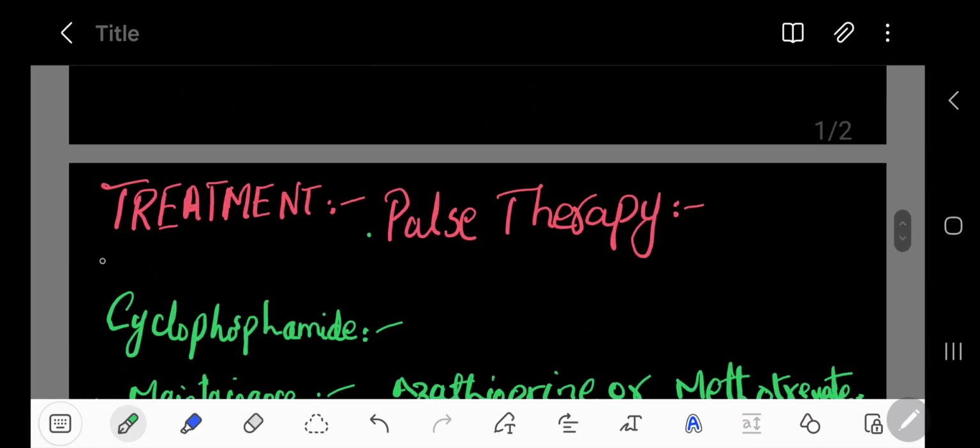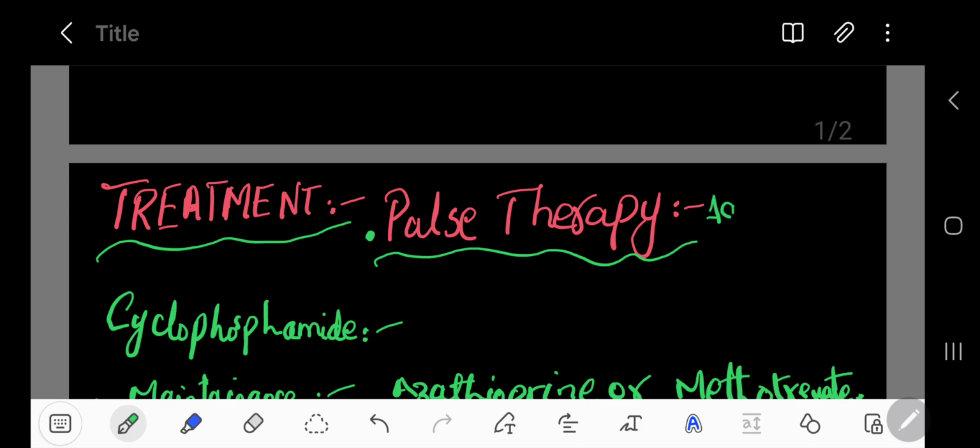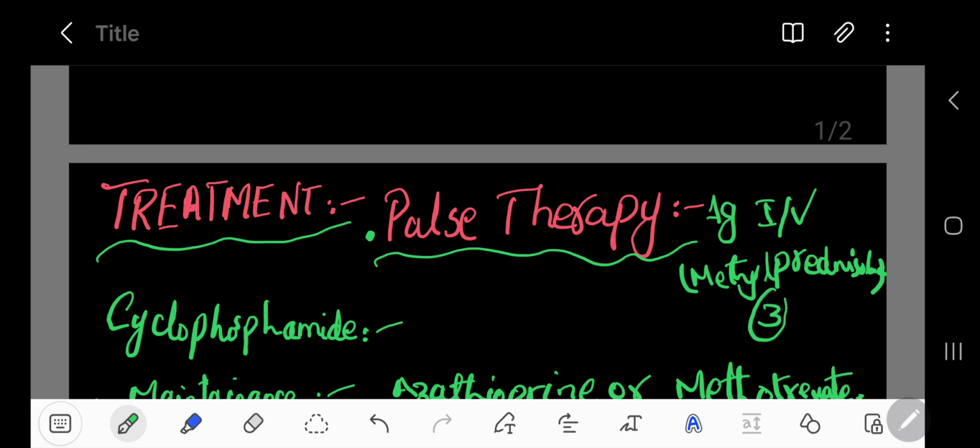How will you treat this condition? This condition is treated initially when there is acute phase. Then you will give pulse therapy. What is pulse therapy? You will give 1 gram intravenous methylprednisolone. It is given for 3 days, IV 1 gram, and you can add cyclophosphamide